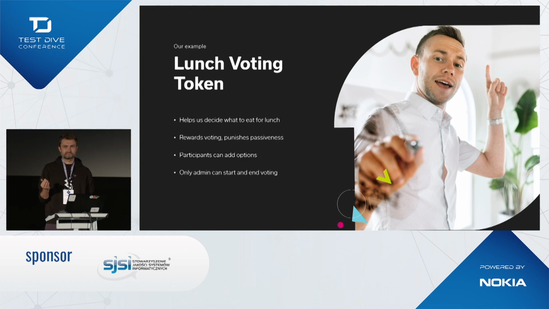And whenever the vote is starting, some amount of tokens is assigned to each registered participant. They can later spend these tokens on voting. So, for example, you get 1,000 tokens whenever the vote starts, and you can put 500 on pizza, 200 on burger, and 200 on salad, and leave 100 for tomorrow's vote. That's perfectly fine. And the option with most votes wins. The whole amount of tokens that took part in the voting is divided between the people that voted on the food that won. And people who did not vote at all are losing all of their tokens.